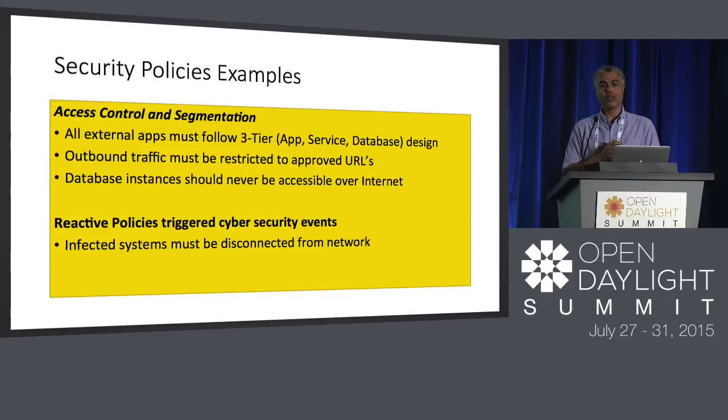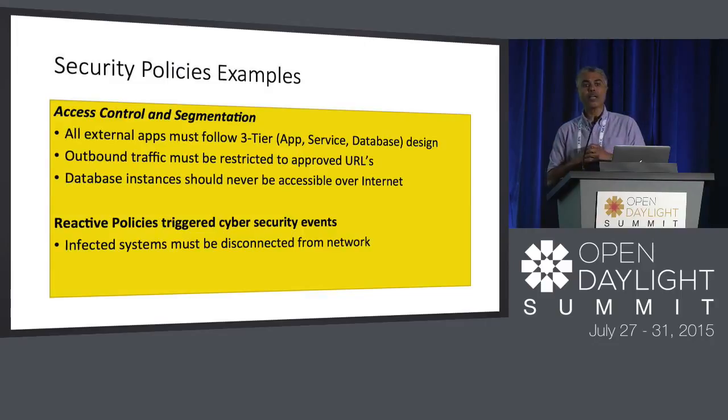So then next is the security policy example. This is where I have spent most of my time in the last 15 years, right? This is where you get as granular as, okay, I have a 3-tier application, I want to separate each of the layers and only allow certain ports between them. This is the most common you will see, pretty much anyone talking about segmentation, you will see this use case, right? And then you have something like, I want to limit my outbound traffic to only specific URLs. This is a real policy that I have in my data center today. And then you say, no matter what, the database instances, anything which is running a database, should never be exposed over the internet. Okay, so those are just examples, right?